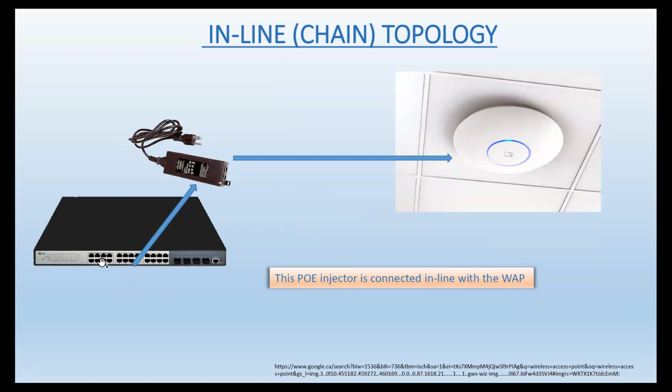Somebody purchased that, and 2 years from now, they decided, I know, we could use wireless access points for the Wi-Fi because clients are asking. Well, that wireless access point is going to live in one of the ceiling tiles, and there's no power outlet to plug in the power transformer or the power supply to power up that wireless access point. You can call an electrician, or you could be an electrician, but that's not a very efficient way of doing things. What you can do is put something called a PoE injector.